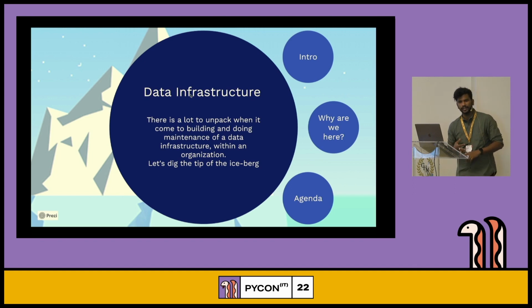There is also the pipelining team, which is now getting into analytics engineering. And there's obviously data engineering in the sense of ETL pipelines. So these are the fundamental things that come into data infrastructure.